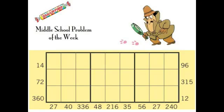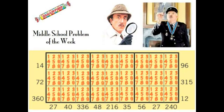This week's problem is a variation of the popular puzzle Sudoku, and in this variation, the three numbers immediately right, immediately left, or immediately above one of the numbers shown have to have a product equal to that number. And since Sudoku requires such deductive reasoning, we've invited many of the great fictional detectives to join us for this